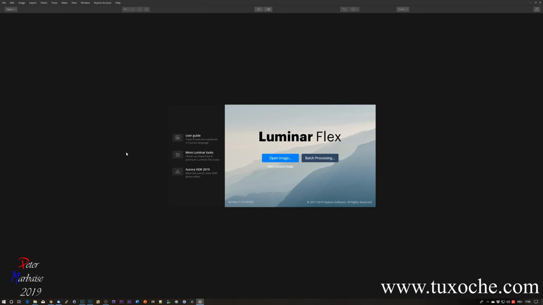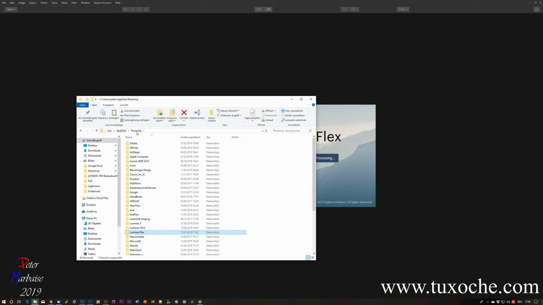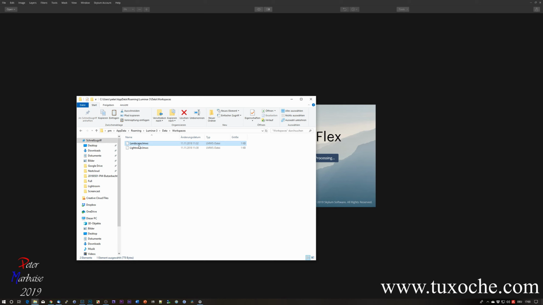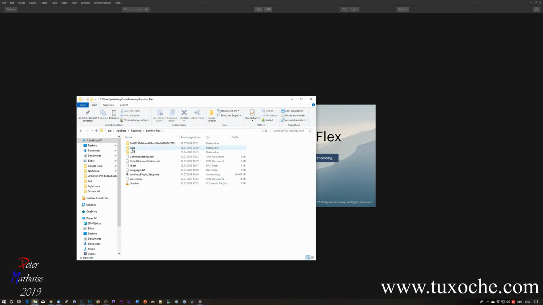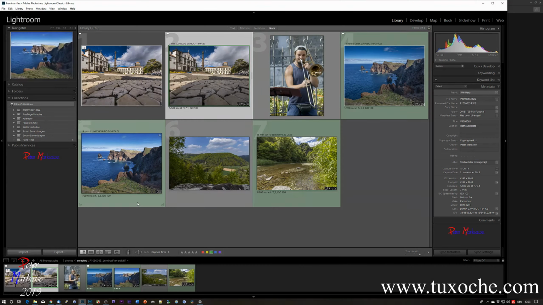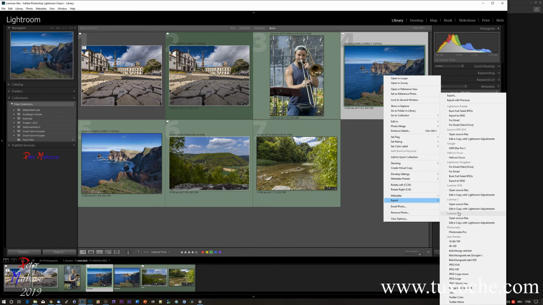Until now you can work with Luminar Flex as a standalone program if you want to, but I want to show you something else, and that is the workspace folder. The workspace folder is empty, separated from Luminar 3, and here I want to copy over two workspaces I defined in Luminar 3 and copy them in. And now if I take, for example, this image and export it in Luminar Flex,